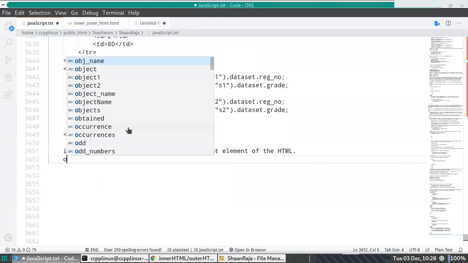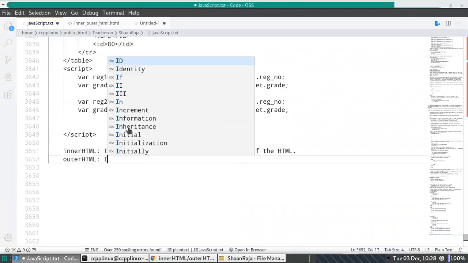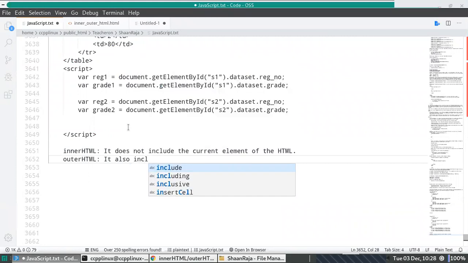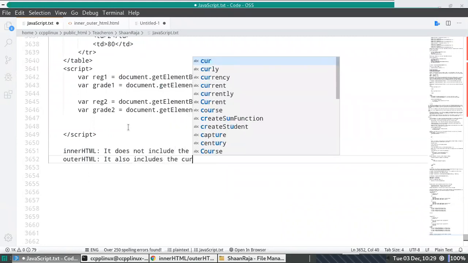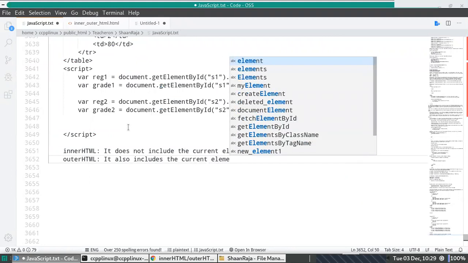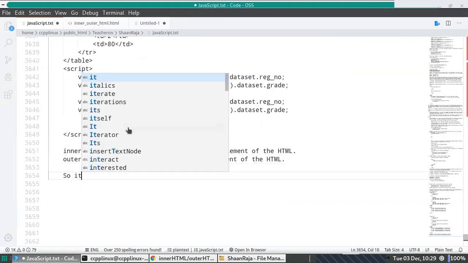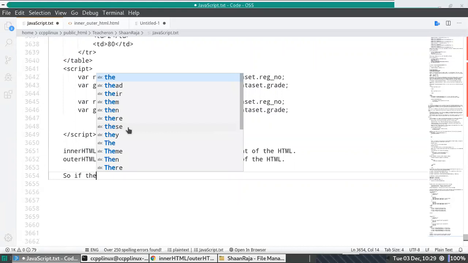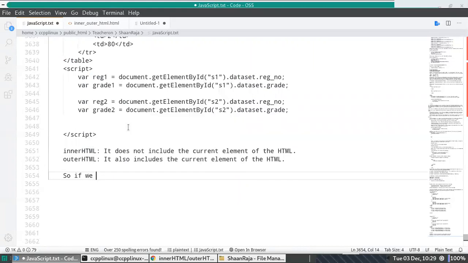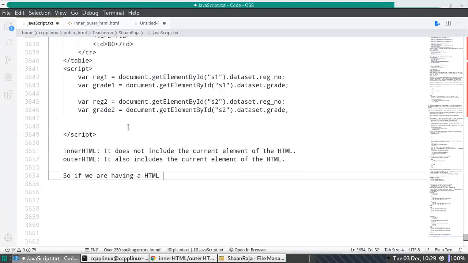And the main difference is that outer HTML also includes the current element of the HTML. So if we are having an HTML element like below,